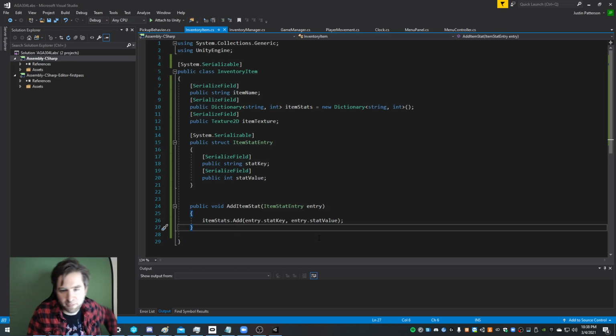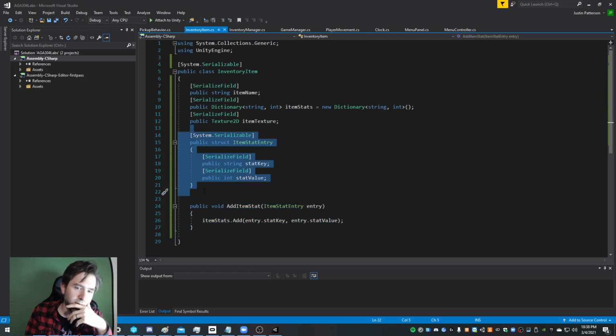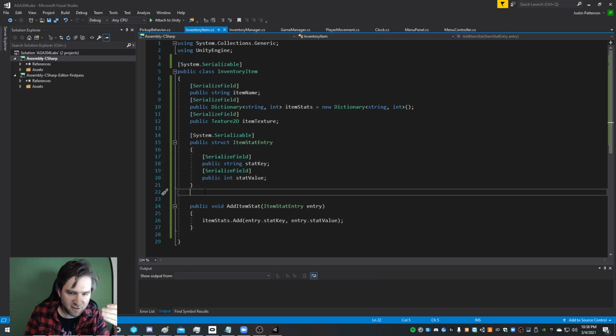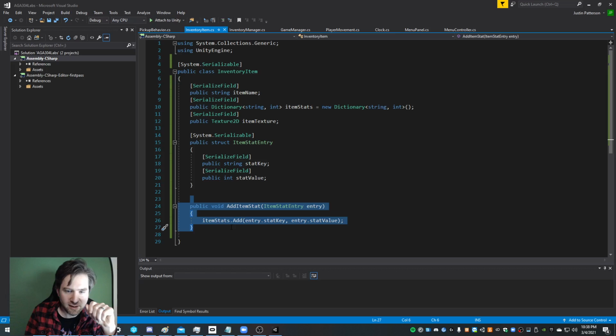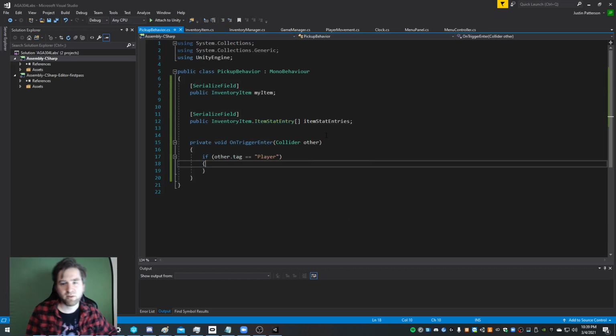That's better. Okay, so now I don't need to manage stuff as crazily. I was thinking it might have been a little wacky before, but now every inventory item has a set of stats and values for each of those stats, and it can add it to itself with this method. The pickup behavior, when it wants to get picked up,